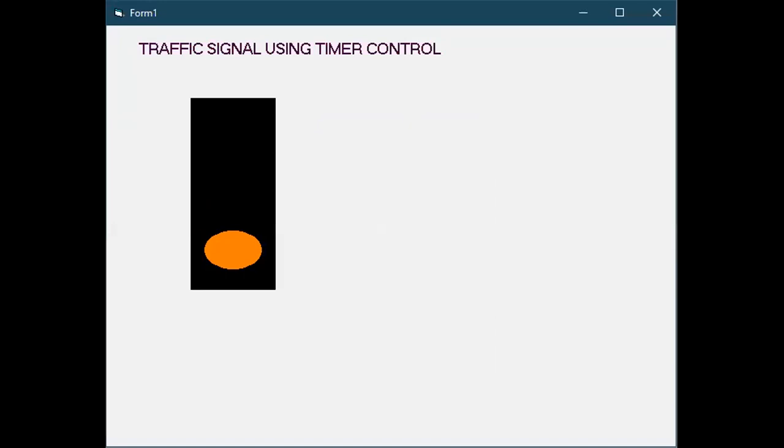Once you run the form, you can see the output here. Based on timer 1, if 1 is visible then the other 2 should be false, and if 3 is visible, the other 2 should be false. If you want a longer wait time, change the interval to a longer duration. According to the duration, it will work. So this is a simple program to implement the working procedure of timer control.